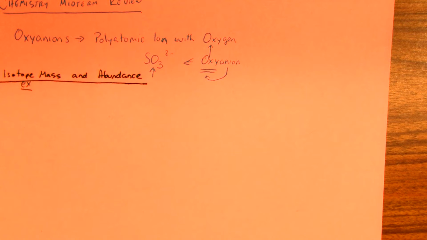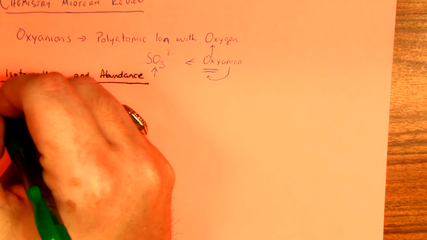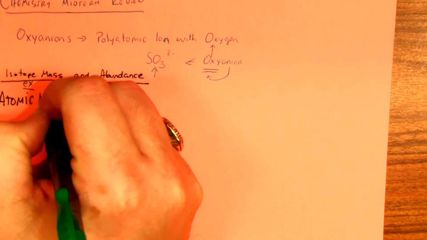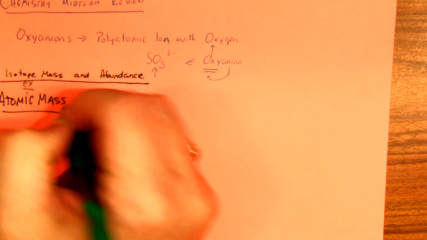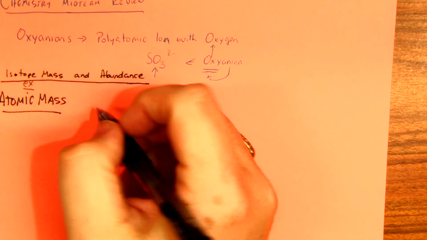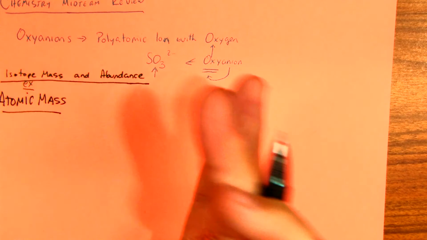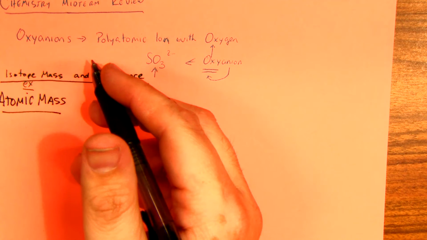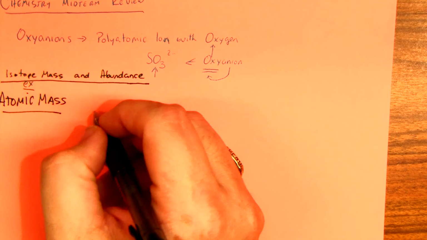So we're calculating atomic mass. Now, let's say that you have this table. And this is kind of like how the question on the test is going to be. You're going to be given,